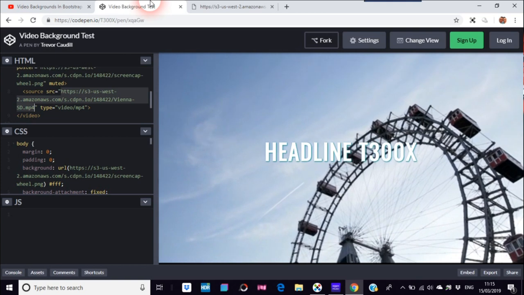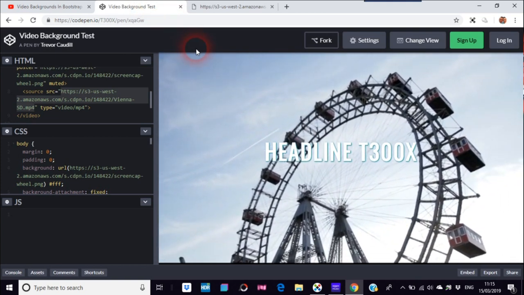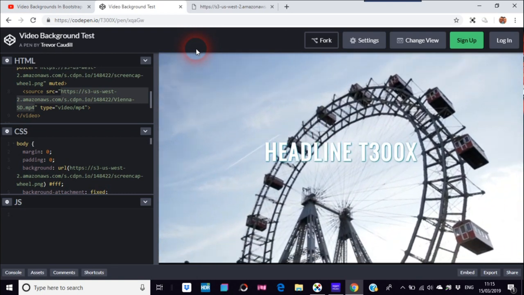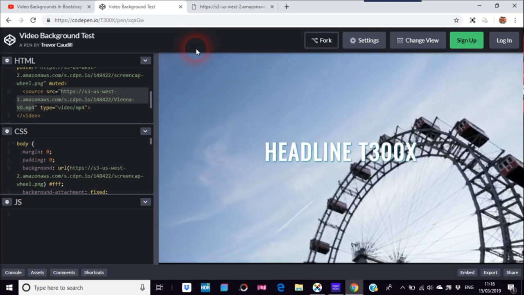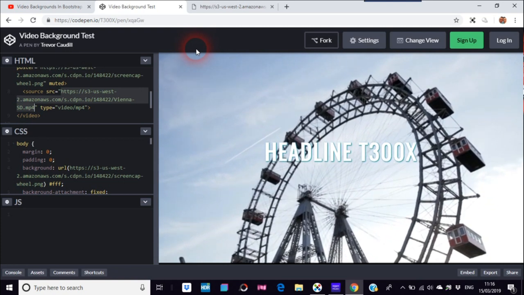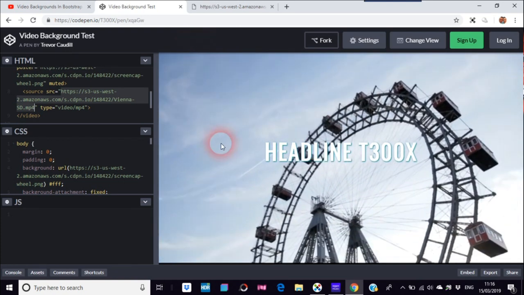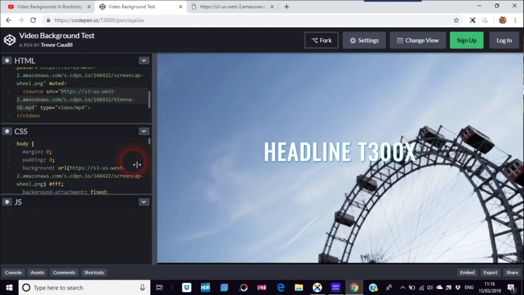I'll also put a link to codepen.io, and there's a search box there for anything you want. You don't have to sign up, but signing up's fine, so you can practice things on there if you don't have a code editor or anything like that. It's not my favorite thing, but sometimes you can get ideas. Anyway, this one here is an MP4,